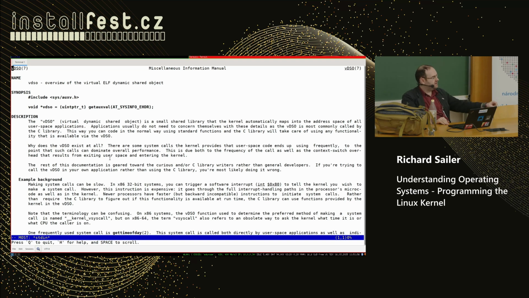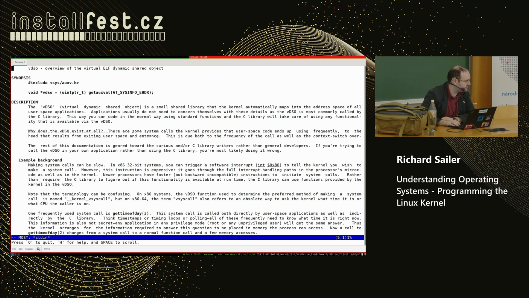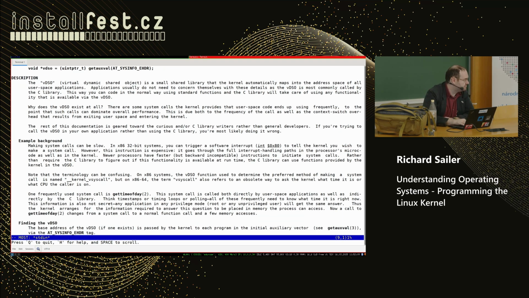For these, there is really no real system call happening. You can just read the shared data and go back. I don't know how many calls use that, but for example gettimeofday. There are some cases where you can even more optimize the simple calls with VDSO, and then there are really no system calls.